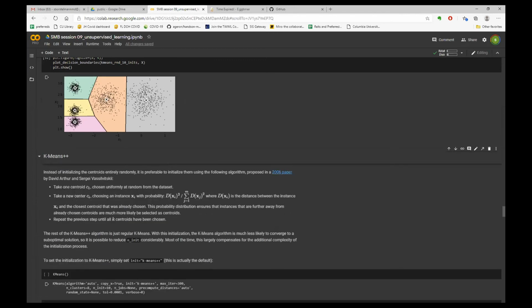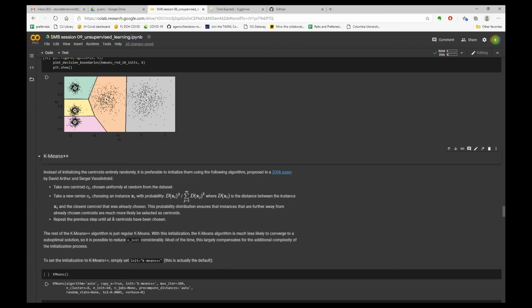Then we're going to go on to k-means++. And the thing is that we've actually been using k-means++ because that's the default algorithm of scikit-learn. And the way it works is you take one centroid chosen at random from the data set,